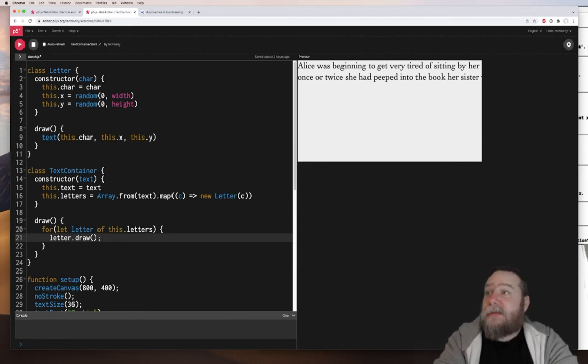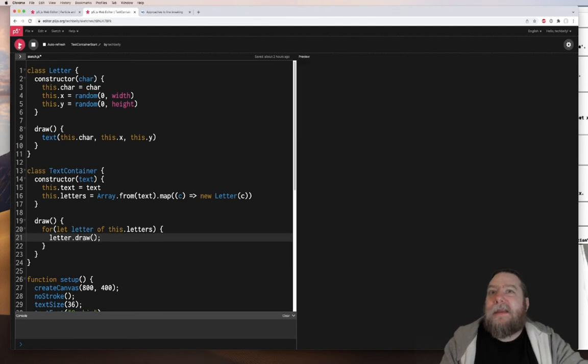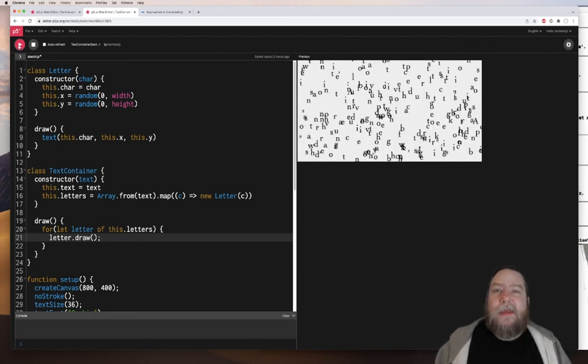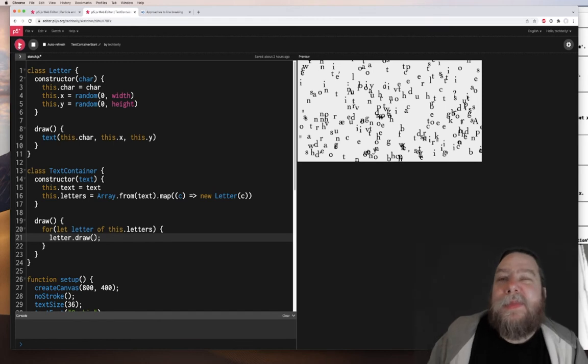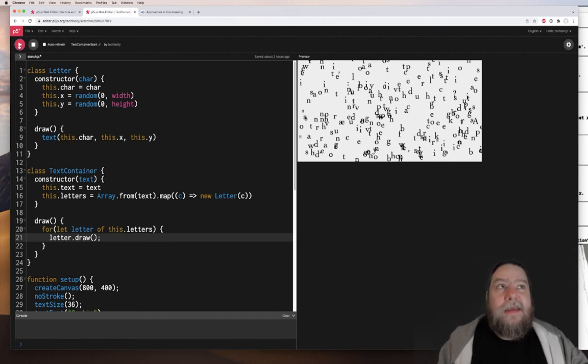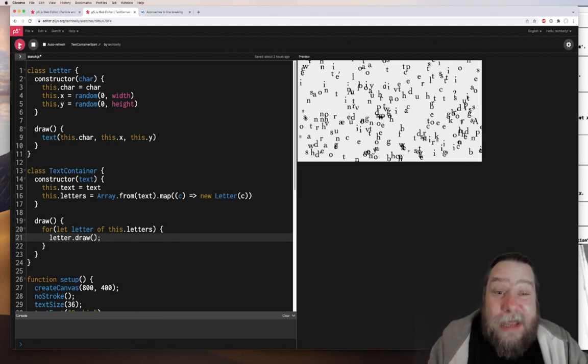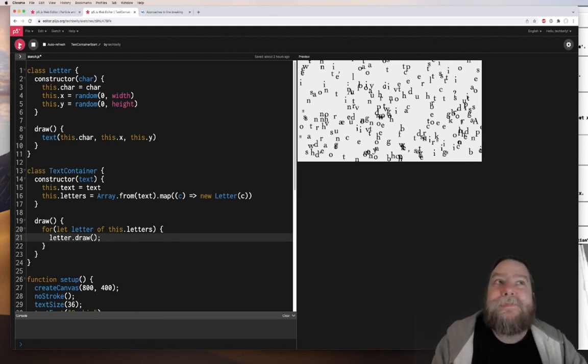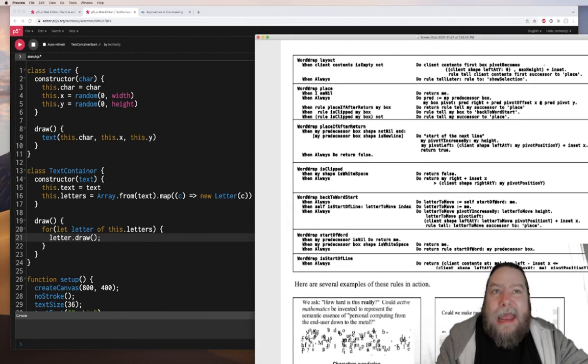I think that's right. So when we run this, we'd expect all the letters to be drawn randomly all over the screen. Let's see if we can get that to work. There we go. So that's not an ideal layout, but we have each individual character being put in different places. Now we know from the layout rule here